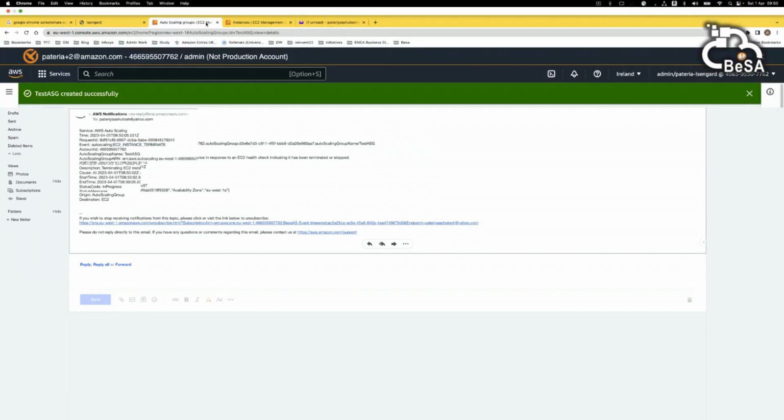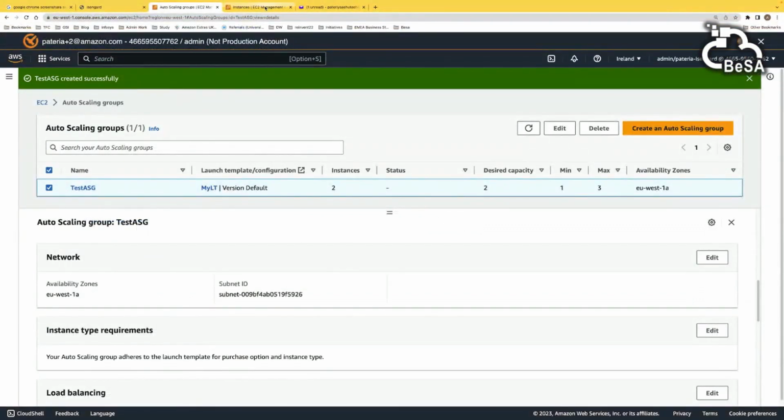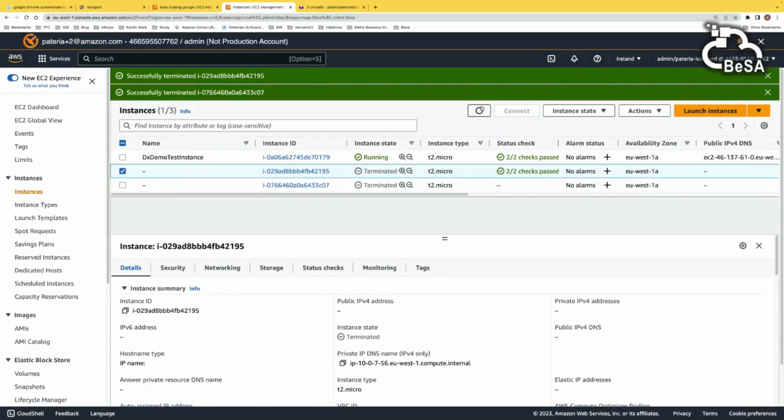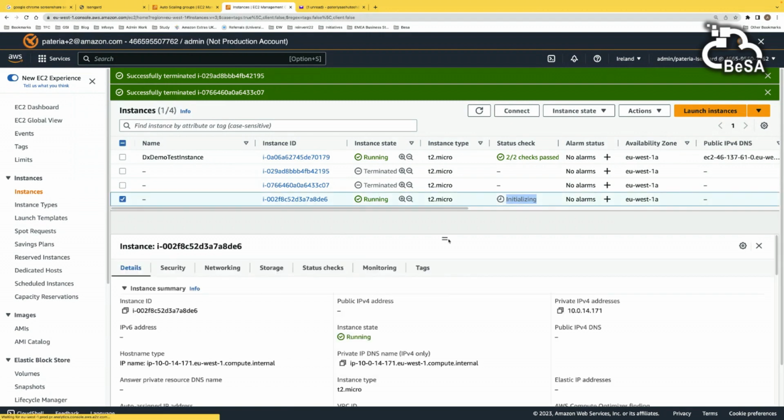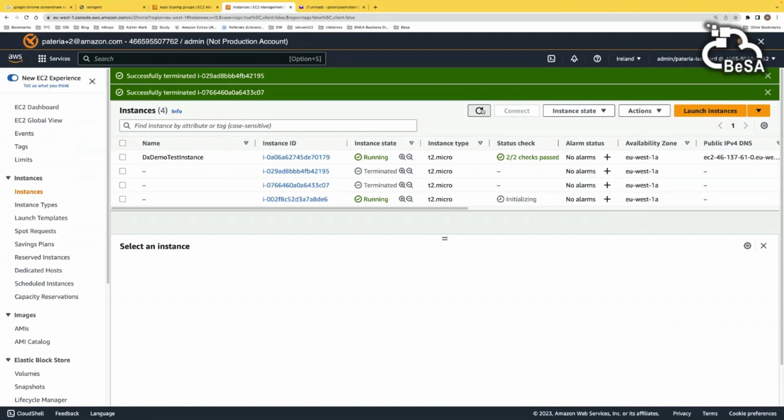So what it will do, it will try to mitigate that, right? How will it try to mitigate? It will try to spin up new instances. So if you see one instance already initializing, right? So it will try to maintain that capacity, whatever you configure. So these two instances are terminated. These are old instances.